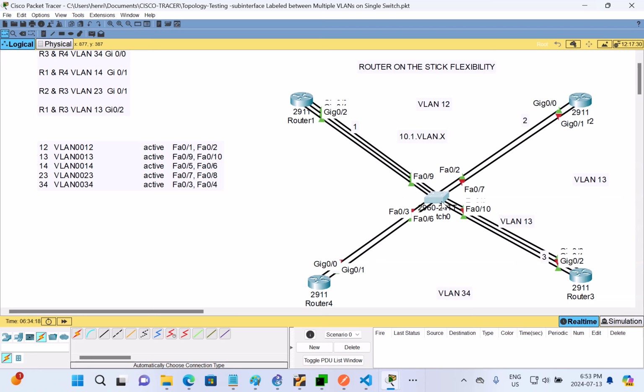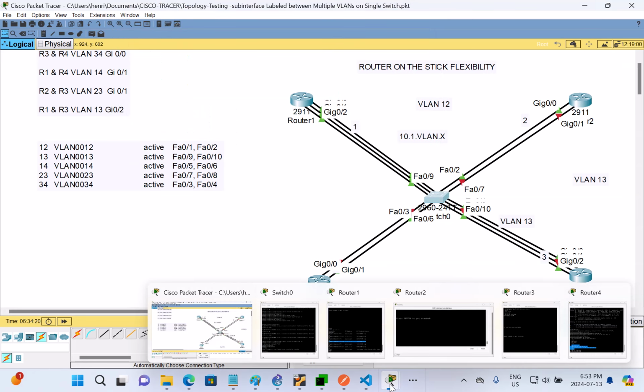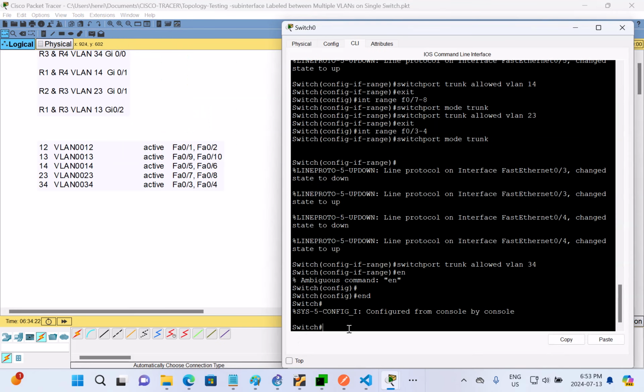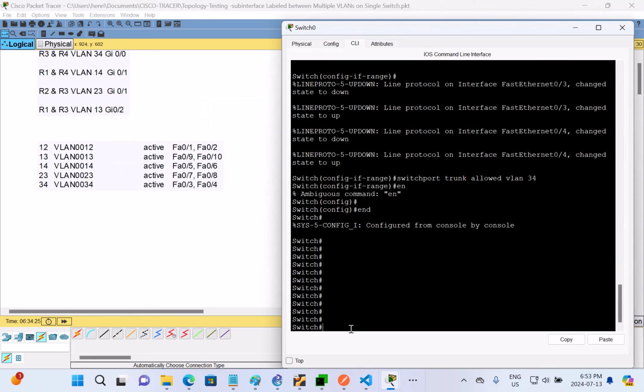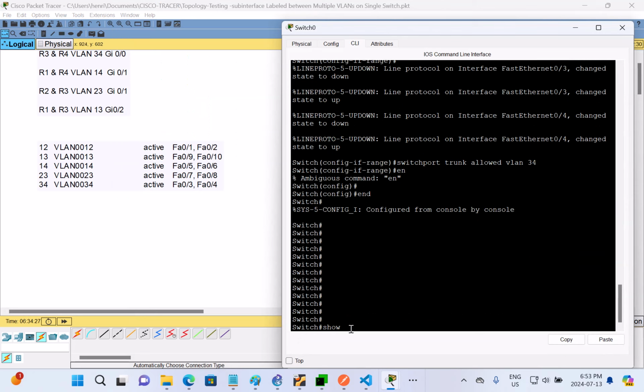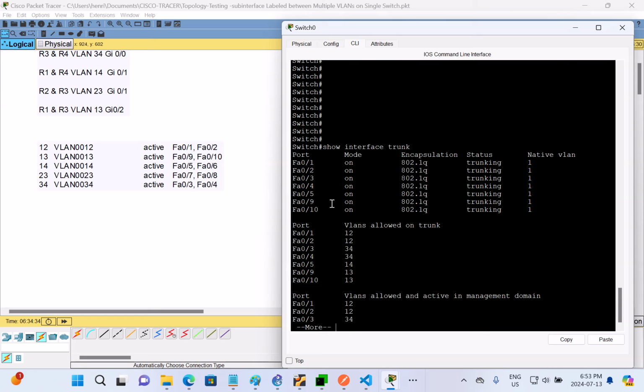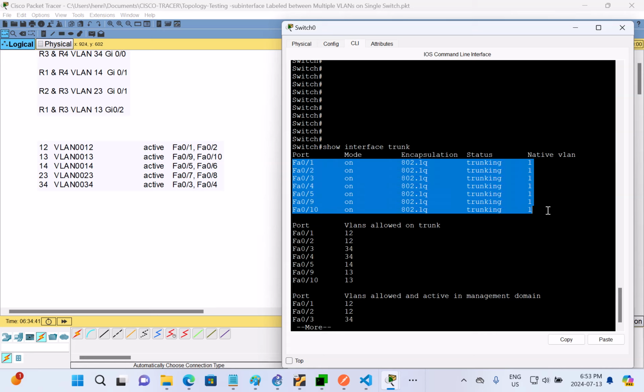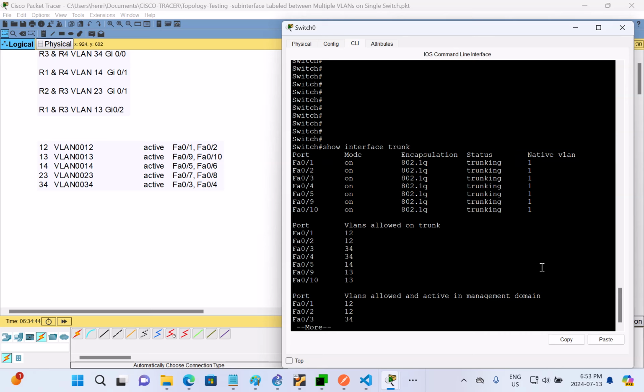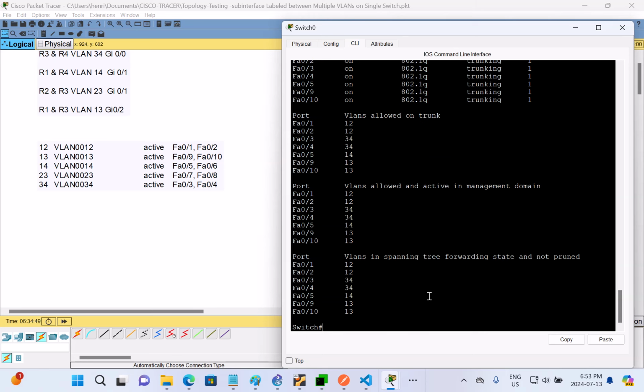So to check if our trunking is working, we just need to go back on the switch and type show interface trunk. As you can see here, the trunking is on. So it shows that we are trunking, so it's okay. And if we look at the ports and the VLANs that we assigned, they are correctly matching our expectation. So now we should be able to ping